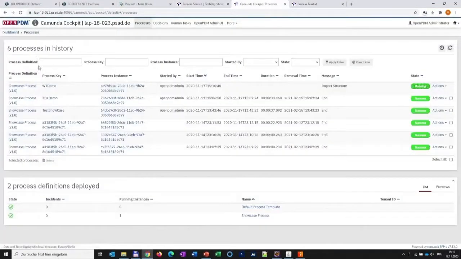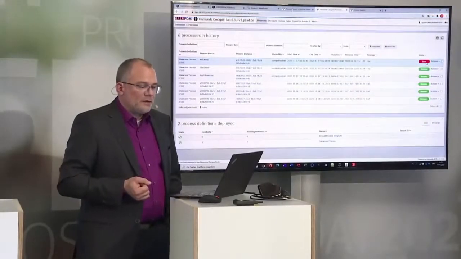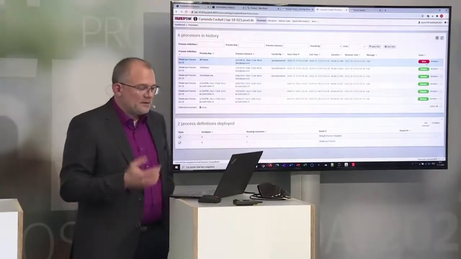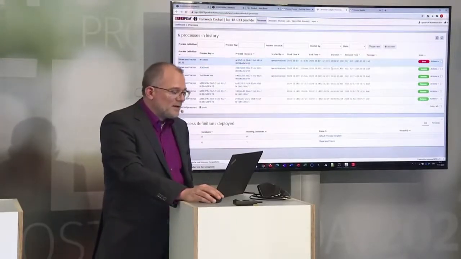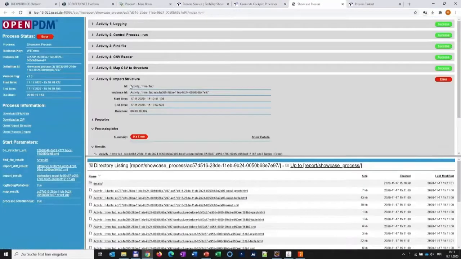You can see that this process is running, and I hope and I think that it will encounter an error right away, and at this point I would like to show you the process monitoring, the new process monitoring, which I'd already announced in the last session. Here is the error. Thank goodness we're actually expecting it this time, but the question is, how can I find out what I have to do as an administrator in order to resolve this problem?